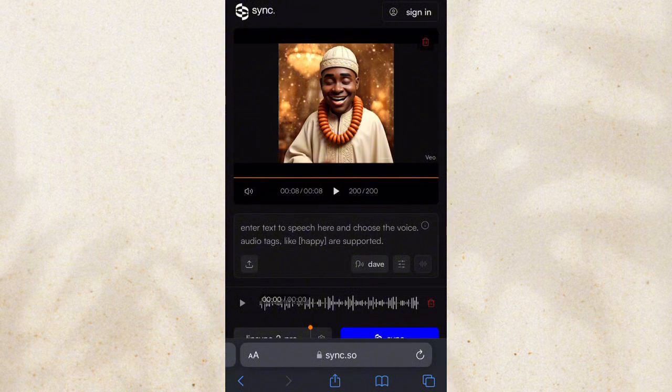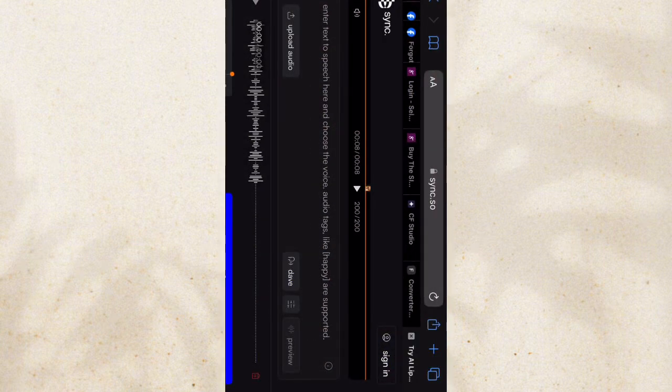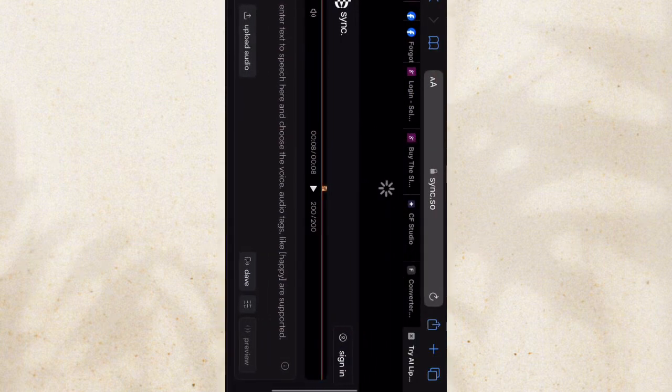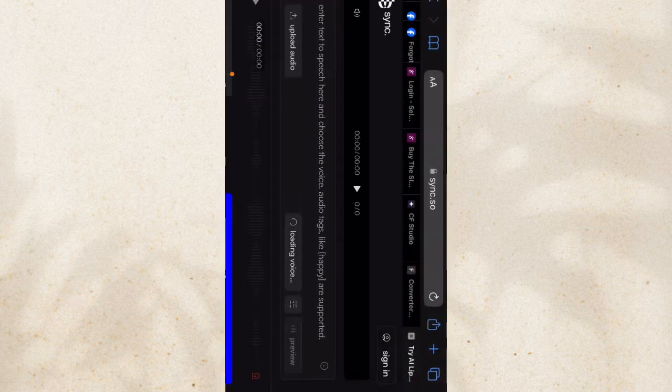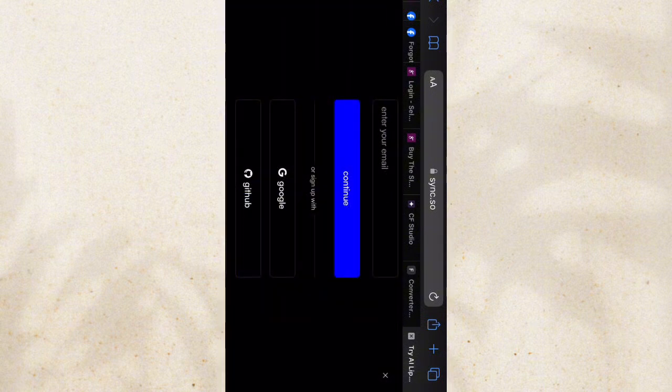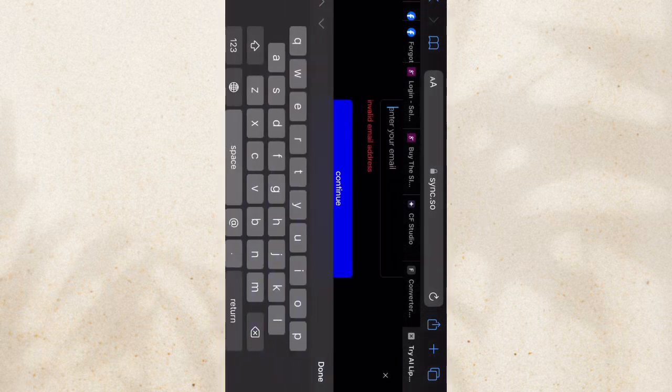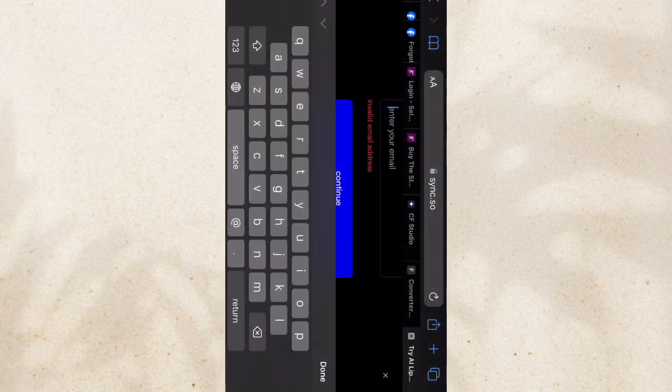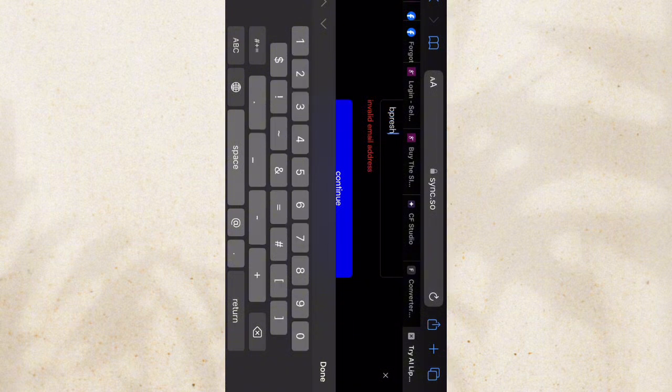After muting it, you can click on this tab to change the sound, the voices that you need. You check the voices that you need. I normally turn it so that I can get the best part of the app, because if you put it straight, some options will not be showing since I'm using a phone. So after that, you click on sync so that it will rhyme with the music that you have posted.